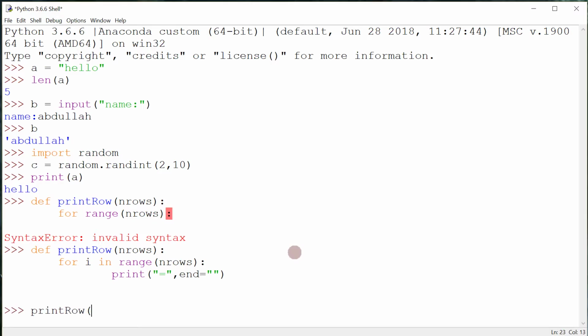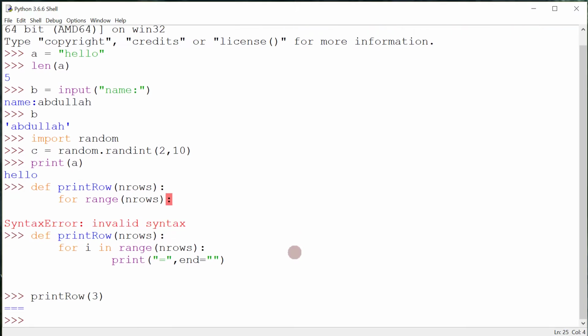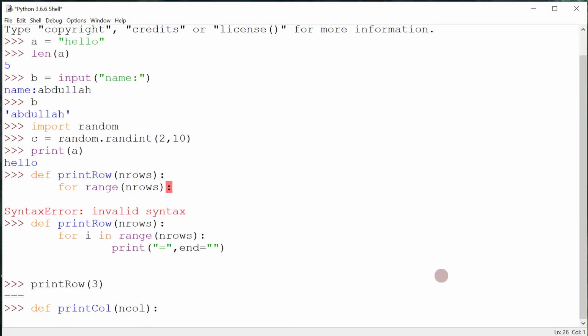Print row, let's print 3 equal signs. See, there we go, it printed 3 equal signs. Now let's go ahead and create another function that will basically print 2 characters that are separated by a bunch of characters. So I'll just show you the function, it's easier. So we're going to do print column. It will take one argument. We're going to call it ncol, and